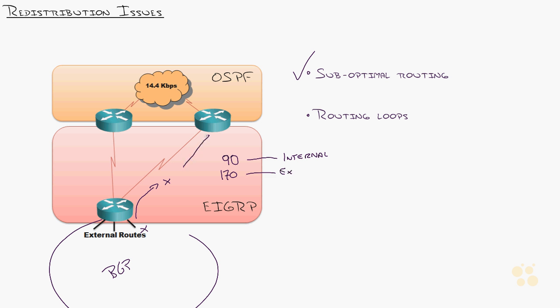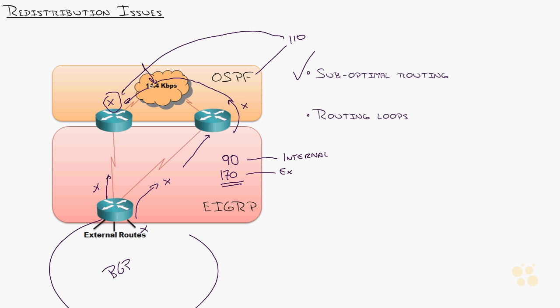So we've got 170 coming up here, and we say, okay, well, I want to redistribute that route into OSPF. So network X now flies up here. Now, let me ask you, what is the administrative distance of OSPF? 110, right? For external and internal routes. So network X comes along over here, or man, rough times, right? Budget cuts, 14.4K modem. This guy receives network X. Okay, hold the phone, right? We sent network X up both directions. It's got an administrative distance of 170, right? This guy just got a network X from OSPF, which has an administrative distance of 110.